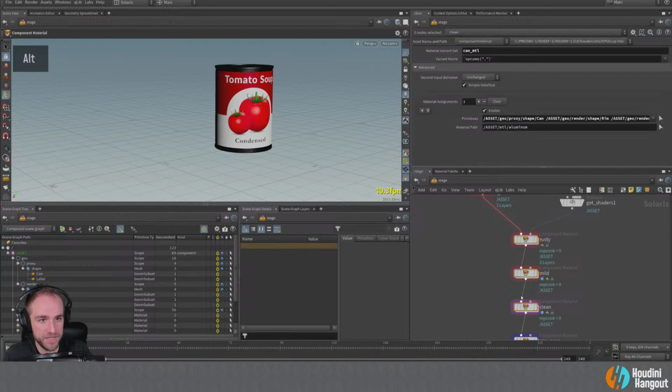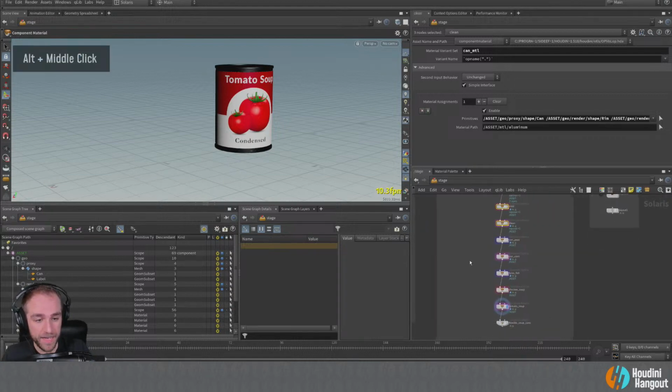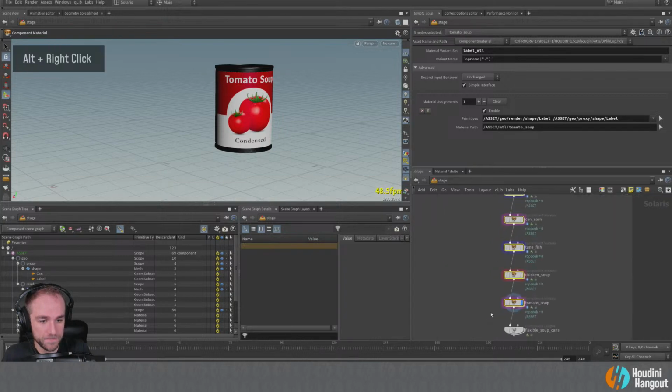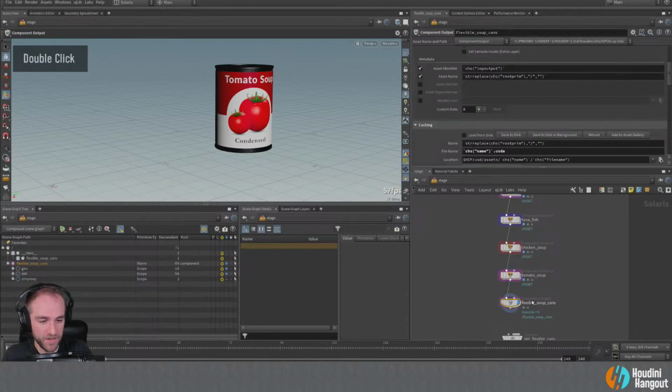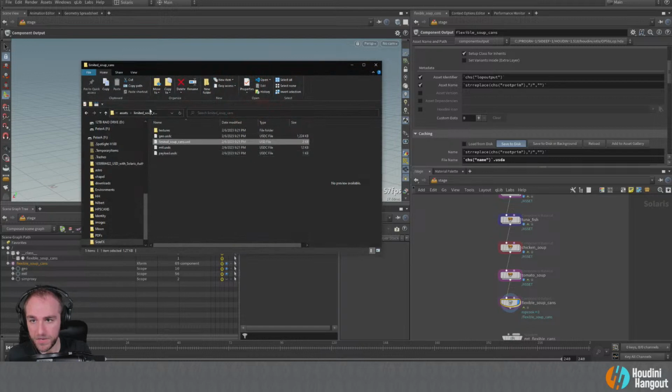These right here, these component materials that are called can material, are going to be a second variant set. And then the third variant set is all of these labels. And so right here, we're just calling this flexible soup cans because they're very flexible in how they're made. I'm just going to save this to disk. I'm going to go up one level here, and we'll see that we have a flexible soup can that's being written.